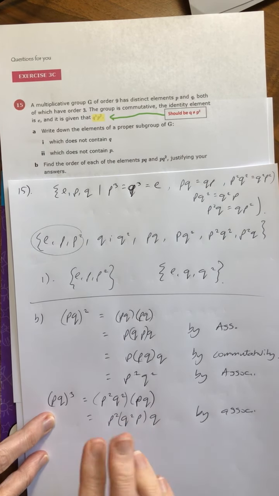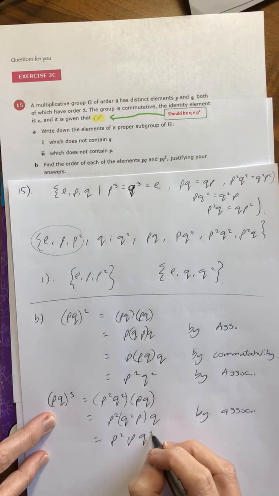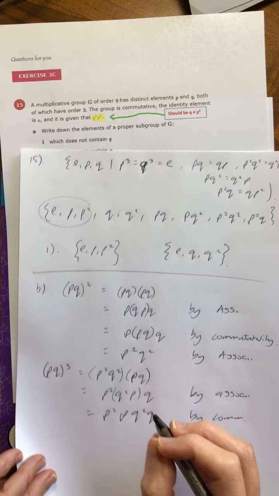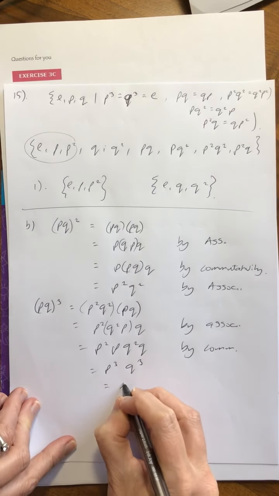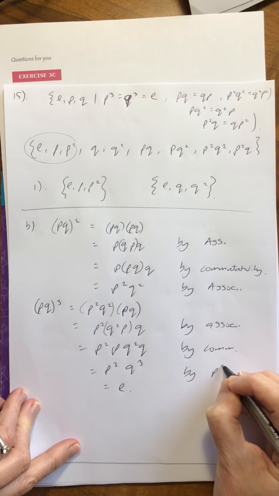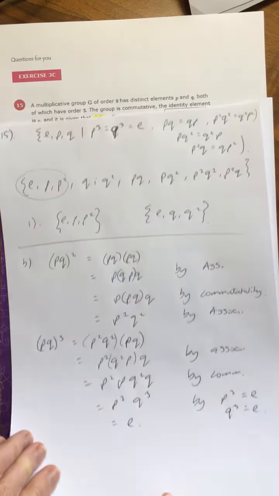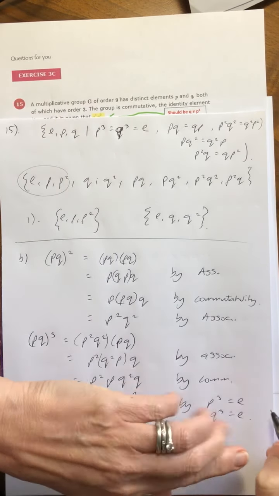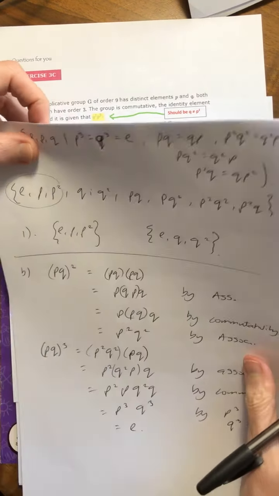I'm now going to switch those around, and you can see we're there, because switching those two around by the commutative property gets me P cubed Q cubed, which is equal to E. And that, of course, is just by definition or by the facts that I was told at the start. Was I told that? Well, I was told they've got order 3, so you might want to put order 3 rather than that. Now we've got to do the same for